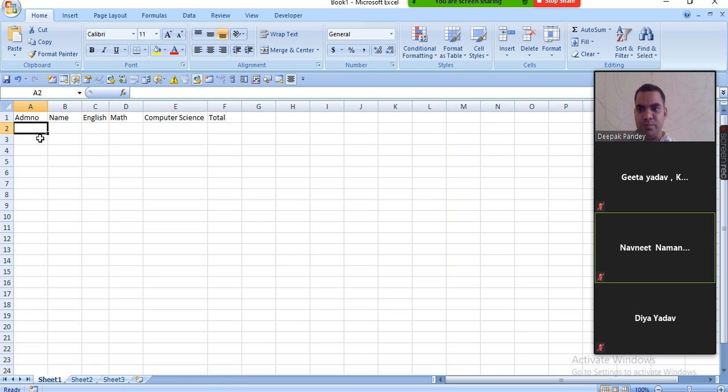First of all, we need to enter the data. So we are entering the data on the keyboard, and then we will apply some formulas and other things to automate this table, apply auto sums on our table, and find out how we can do different things using this table. This is the example table.